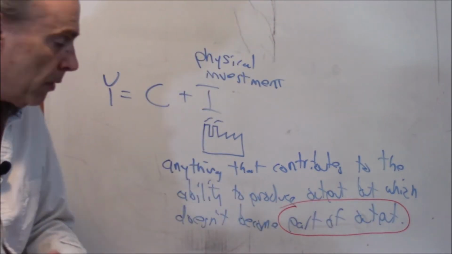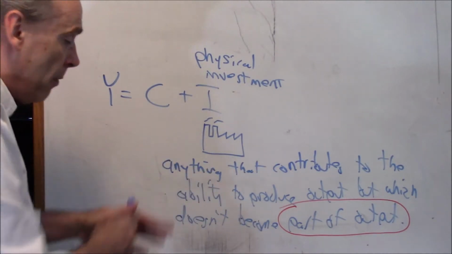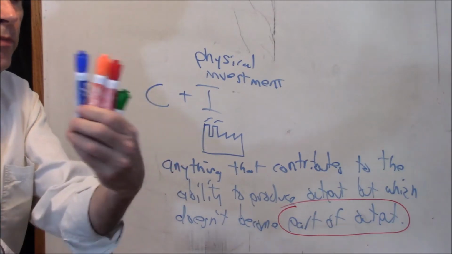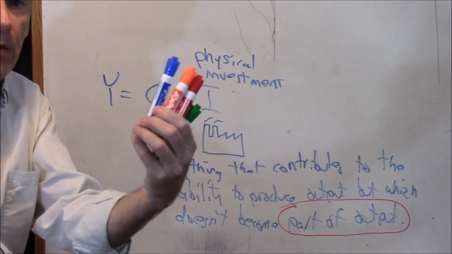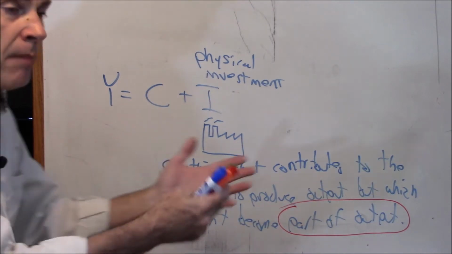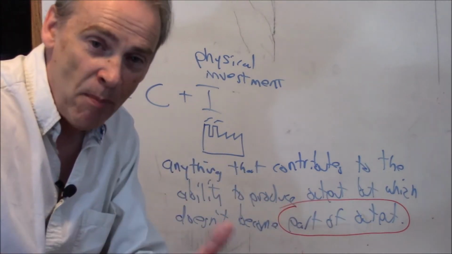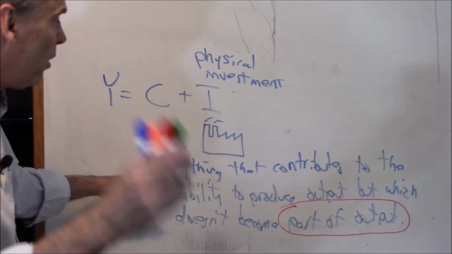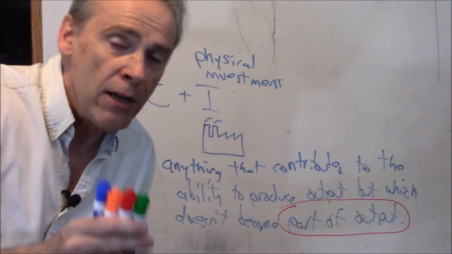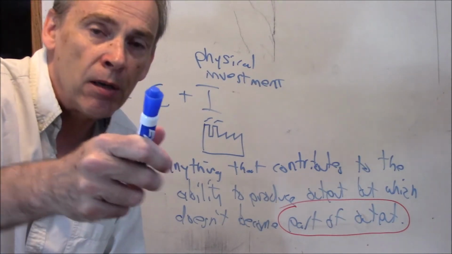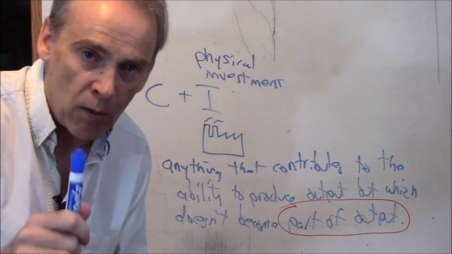What about when they buy raw materials? But we're not counting raw materials here. This is investment spending for TCU when they buy these. It's not a building, but it doesn't matter. These are things that contributed to the ability, I mean, heck, I'm using them right now, producing the output that TCU sells, right? So this helps me produce the output, but when you graduate, the chancellor does not hand you your diploma and here's a pen, all right? So this doesn't become part of what you take with you.